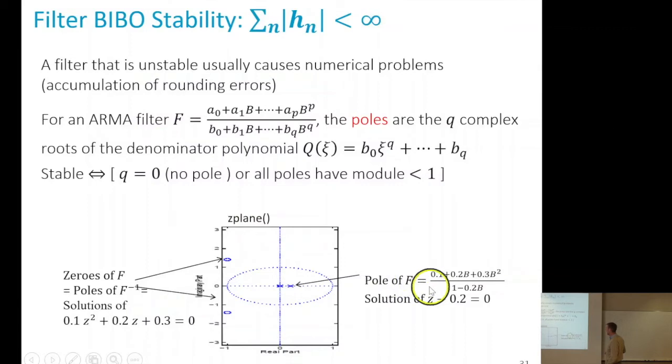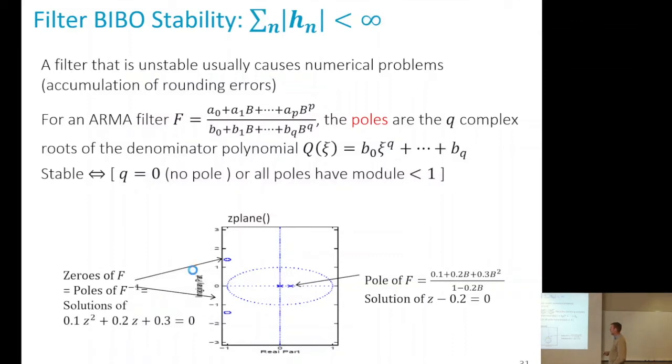Now, if I look at the inverse filter, the denominator is what was here. So I have to solve the equation 0.1z squared plus etc. plus 0.2z plus 0.3 equals 0. So how do I solve this equation? Well, if it's degree 2, we know the formula, but the simplest is to ask MATLAB. And here are the two values I obtained. I plotted here, or zplane plotted for me, the unit circle. They're outside the unit circle,